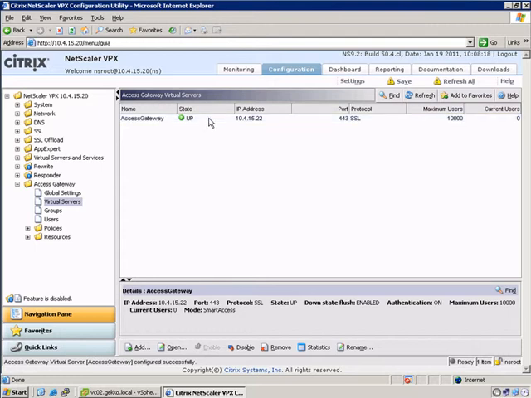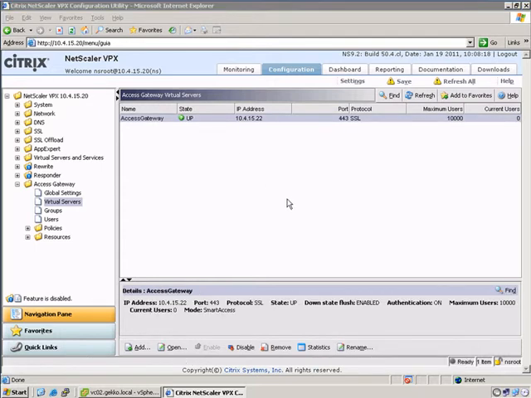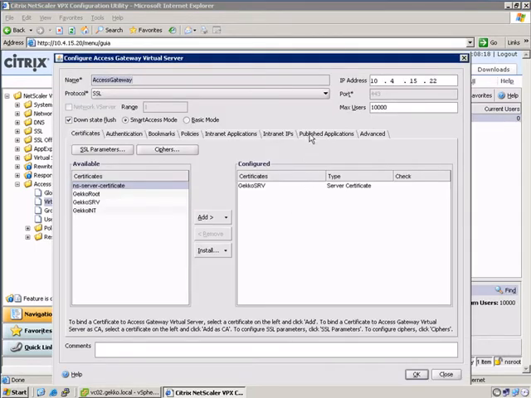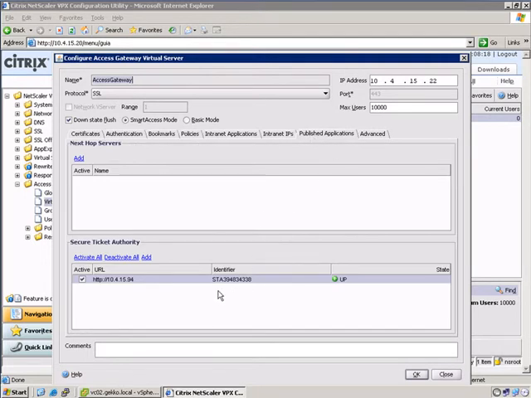Now, the only way to figure out if that STA setting was successful is to click OK, go back into it, click on Published Applications, and you'll notice that it automatically got a SID or an identifier and it shows as up, which means there's connectivity now to the STA. So what that tells you at this point is that so far your NetScaler has been configured properly from a